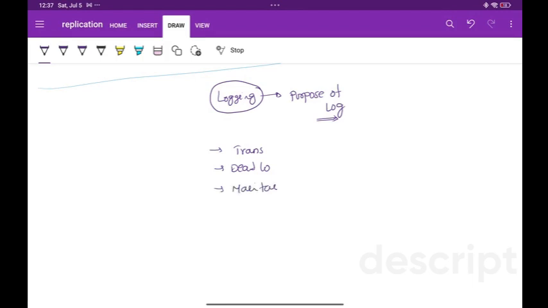maintenance related logs. Okay, now mostly what we are focusing on here is transactional related logs only. So, transactional related logs. Okay,